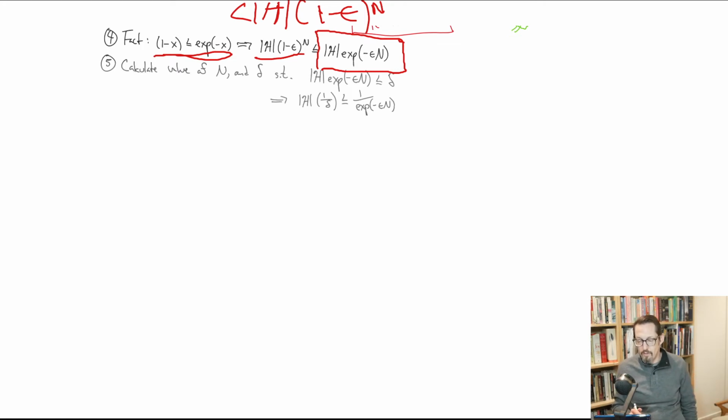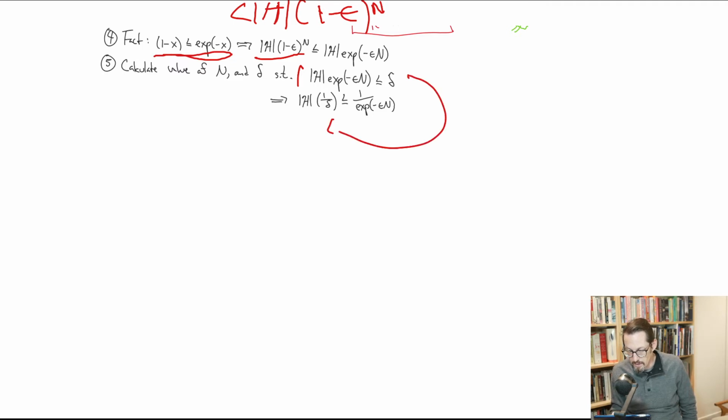All right, so the bound is looser, but it lets us make a calculation, which is why we do that. So if we're going to calculate these values of n and delta, such that we've gotten down to this form here, that the size of the hypothesis times exponential of minus epsilon n is less than delta, we can start doing some fairly simple algebra, and get the delta from this side to the other side, take the exponential over to this side,